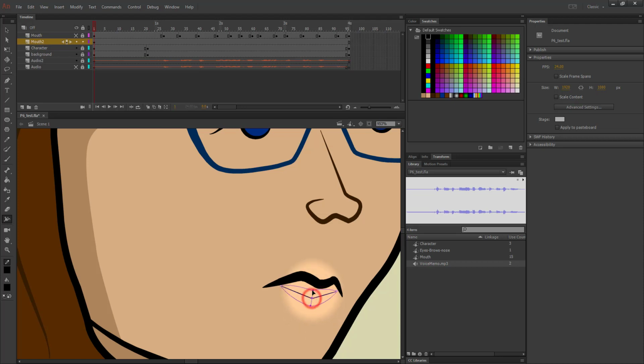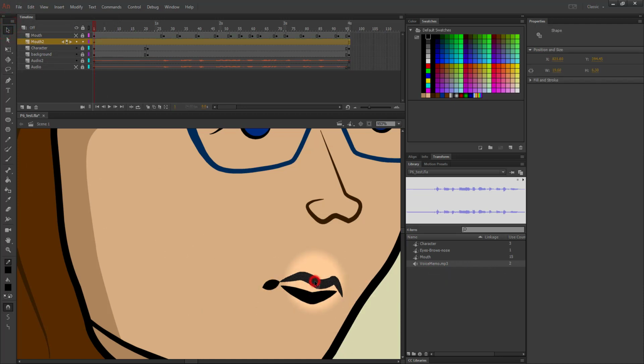There we go. So yeah, you can really do whatever you want with this. You can make your lips a different color. Sometimes I just like the top lip for the resting phase. But okay, so we have the lip created, and then I'm going to, okay, with the pen tool, when you